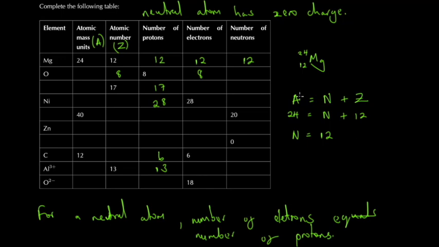A is the mass number here. So let me actually write it. Mass number, and then n is the neutron number. Z is the proton or atomic number, the proton number. So you can do the simple calculation, then you find out. And also for this one,